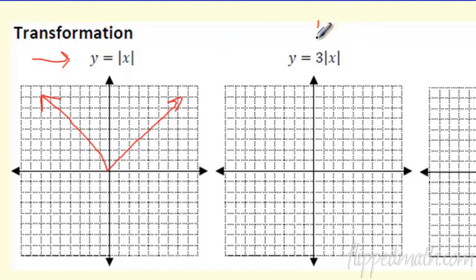What is this 3 in front going to do to it? It's going to make it 3 times bigger. I know it didn't move it left, right, up, or down, so I know my vertex is still here at 0, 0. Again, the vertex of an absolute value is just this point right here. And instead of going up 1 over 1, up 1 over 1 every time, the most basic one,